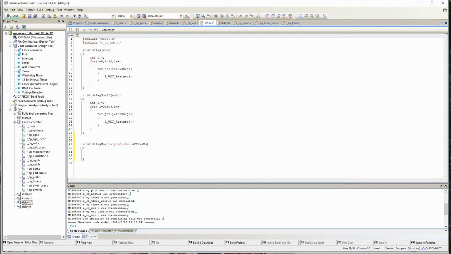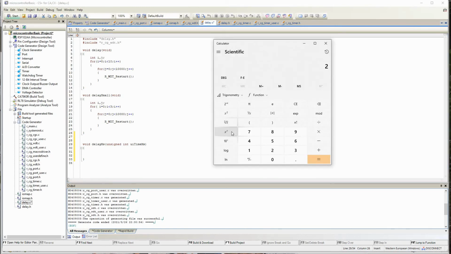As I described, I always write the data type before the variable so that at any point in the code I will know what the data type is. It should be int, not character, because a character can only go up to 255. An unsigned int can go up to 2 to the power of 16 minus 1. So make sure that it doesn't exceed this. If you write 70,000 or something, it will never hit that value.